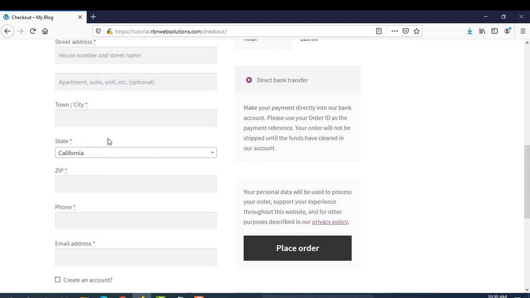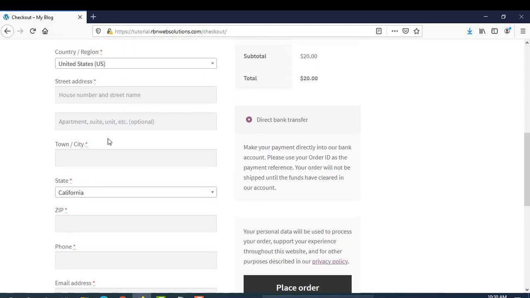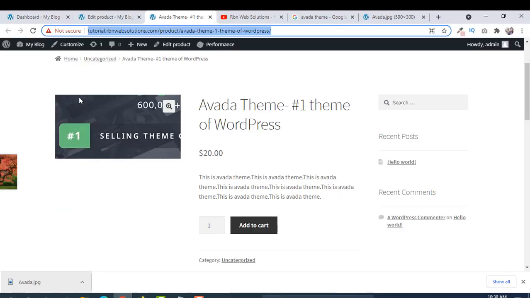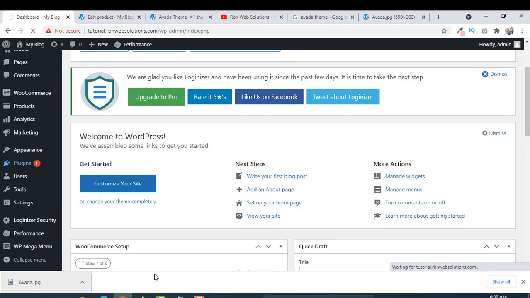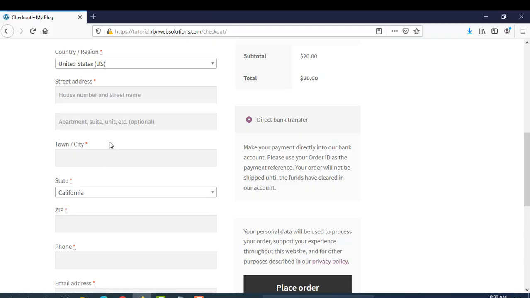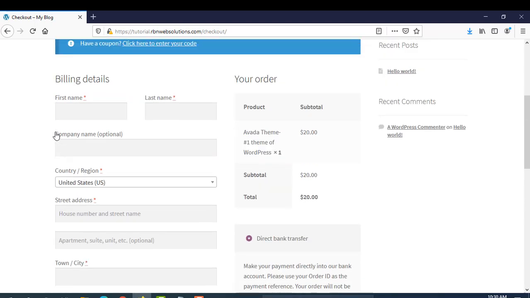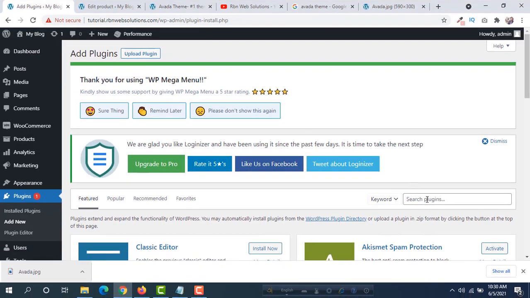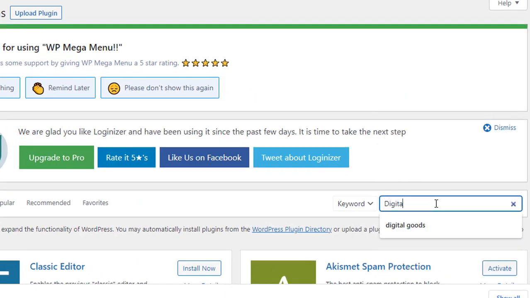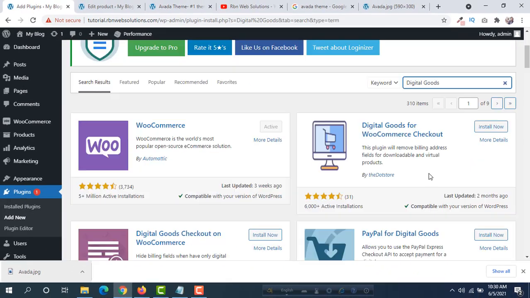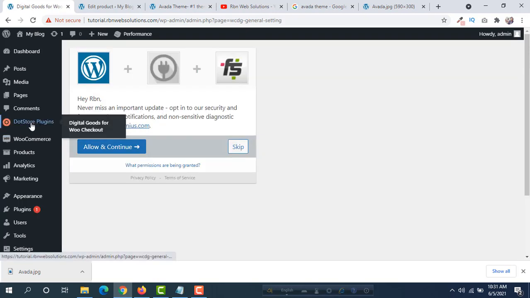So if you want to remove these fields, then you have to install a new plugin. So go to WordPress dashboard and plugins, add new, because in digital products you don't need that information. From the search plugin, search digital goods. This is the plugin by the .store. So install it, activate it, and then you will see a new option here. So click on there,